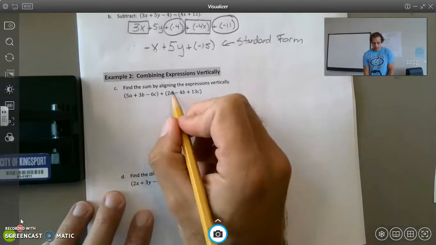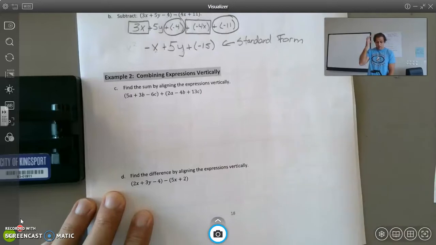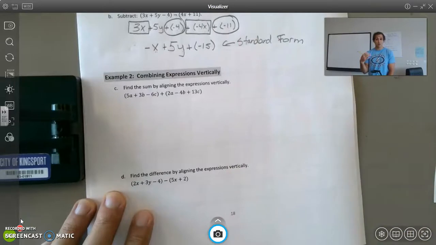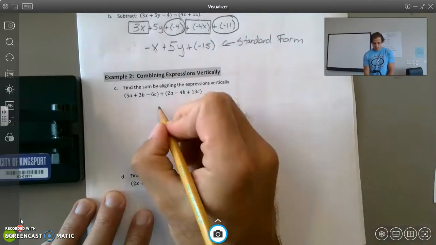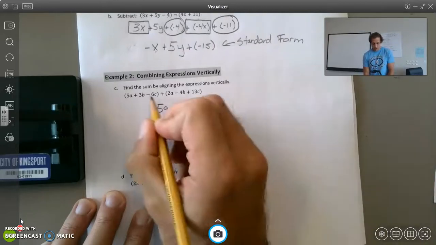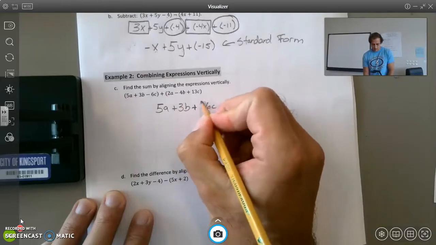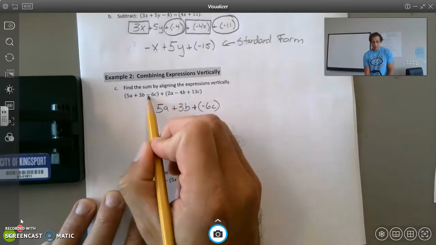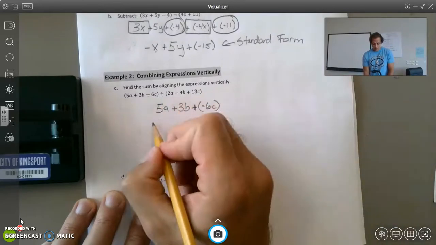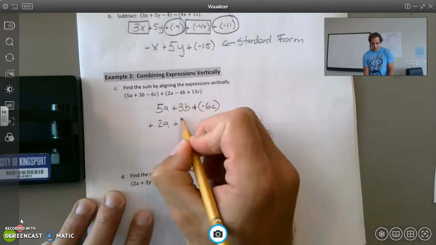Find the sum by aligning the expression vertically. Okay, so just as we are able to add horizontally, we could also stack these vertically, just like a vertical addition problem. So what I'm going to do is line up my variables, 5a plus 3b, and I actually want to rewrite this as a negative value, plus negative 6c. Everybody's comfortable with minus 6c being the same as adding negative 6c, I hope. And then the sum would be plus 2a minus 4b, so that's plus a negative 4b,